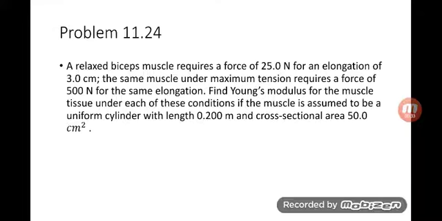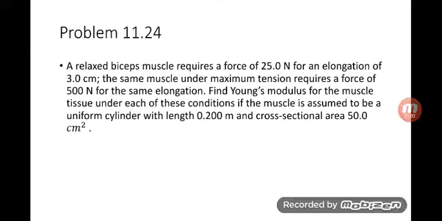So, a biceps requires a force of 25 newtons for an elongation of 3 centimeters. The same muscle under maximum tension requires a force of 500 newtons for the same elongation. Find Young's modulus for the muscle tissue under each of these conditions, if the muscle is assumed to be a uniform cylinder with a length of 0.200 meters with a cross-sectional area